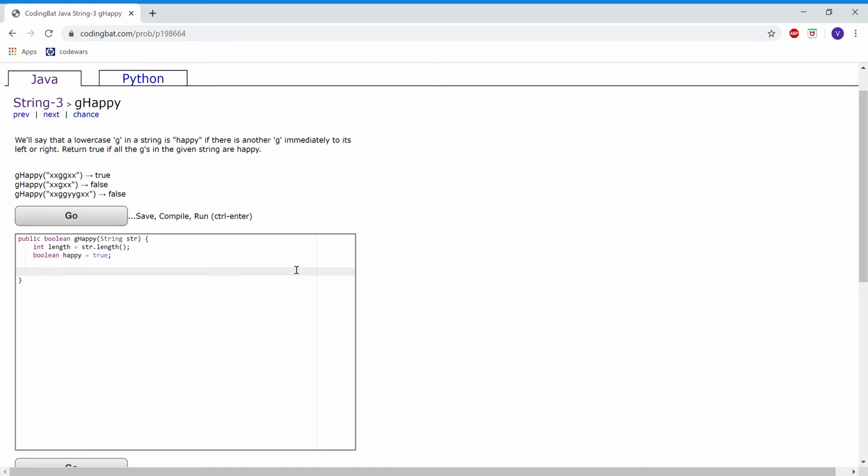For this problem, we're going to run a for loop: for int i equals 0, i is less than length, i plus plus. And inside that for loop, we want to check if the character is a g, and if so, whether there are any g's next to it. So if str.charAt(i) equals g,